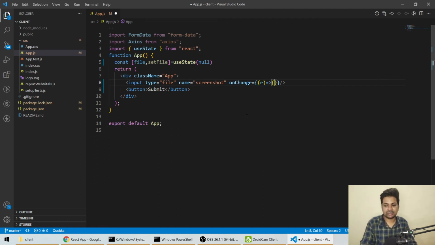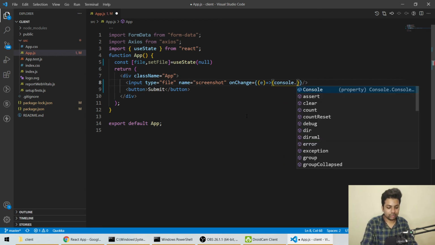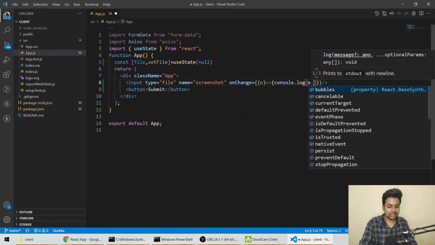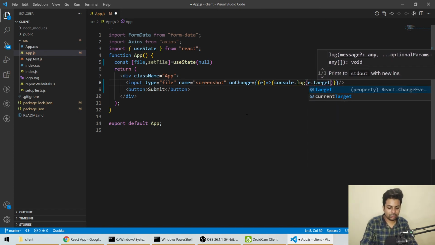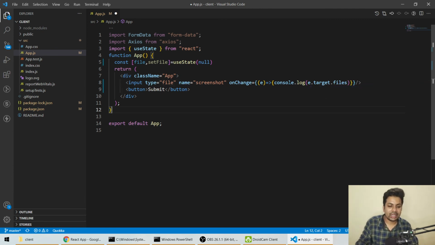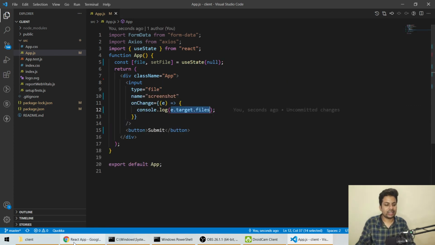And let me first console it and show you. So console.log, and it will be e.target.files. Whenever we select a file, it will come under e.target.files. Let's just save it and see whether it's coming or not.